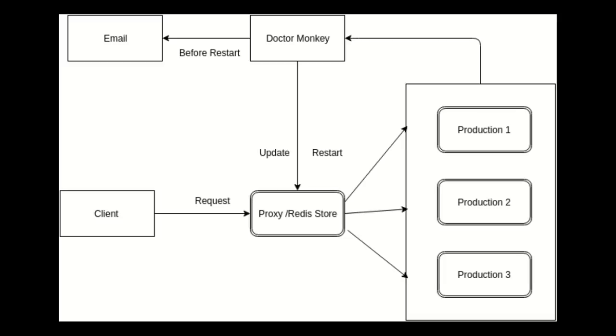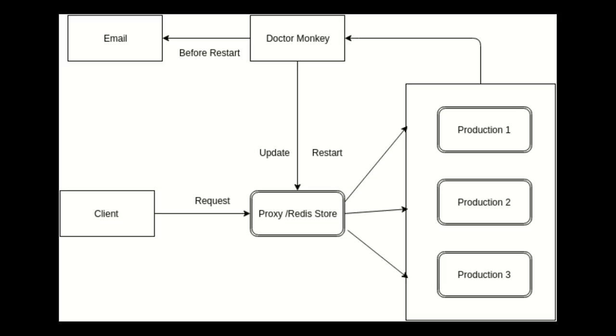We have a Doctor Monkey which runs in the background on each of these production servers, and it checks constantly for the CPU utilization. So in each cycle, the CPU utilization is being updated in the global Redis store. For 2 consecutive cycles, if the CPU utilization crosses a particular threshold which we have set to 85, then in